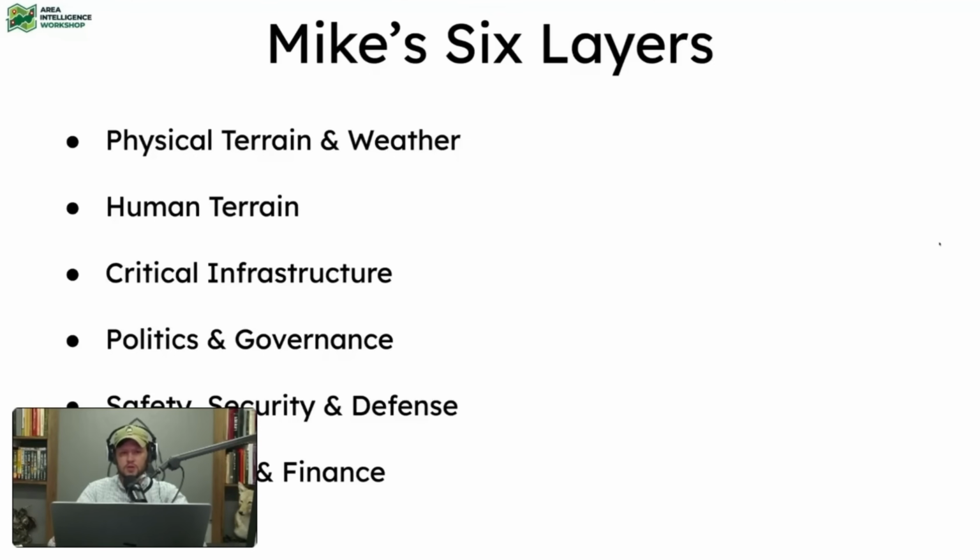Next is critical infrastructure. This is whatever keeps your world spinning. Your grocery stores, your super Walmart, your Targets, your gas stations, your Ace Hardwares, your schools, your hospitals, your fuel depots, whatever you've got in your area that you depend on, that's part of your critical infrastructure. And then of course I've got power plants and water utilities, sewer systems, natural gas pipelines, or whatever you've got in your area.